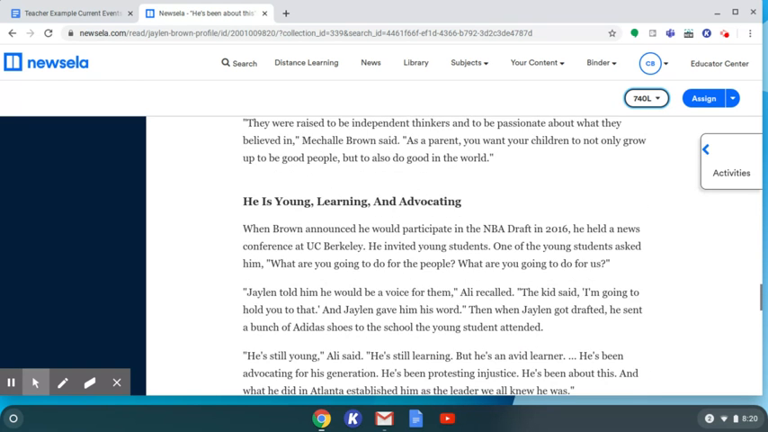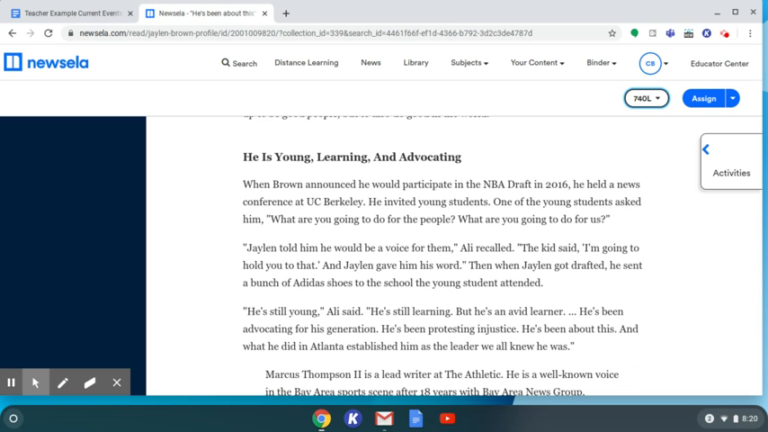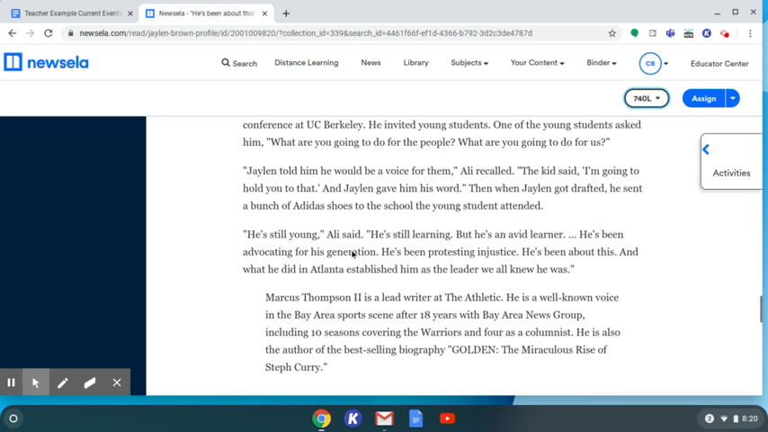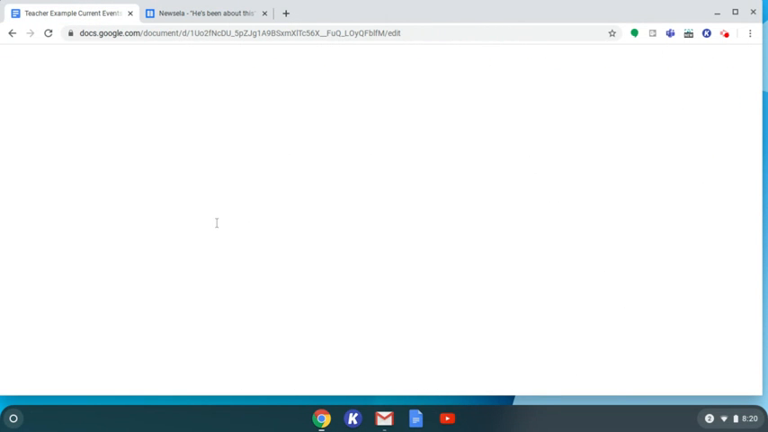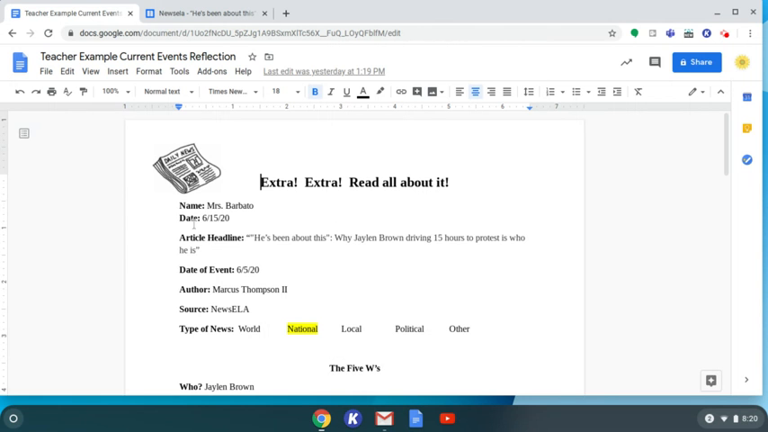So what I also want you to keep in mind while you're reading whatever article you choose is that the headings will help you determine main ideas. And you'll see that in my current events example. So I'm linking in the assignment my current events for you so that you can see